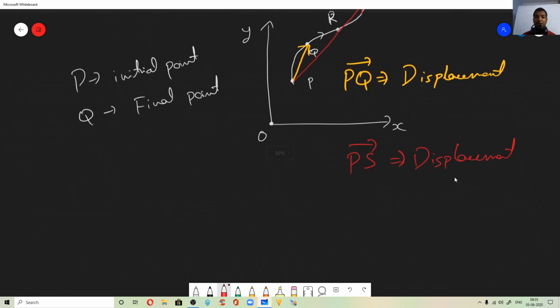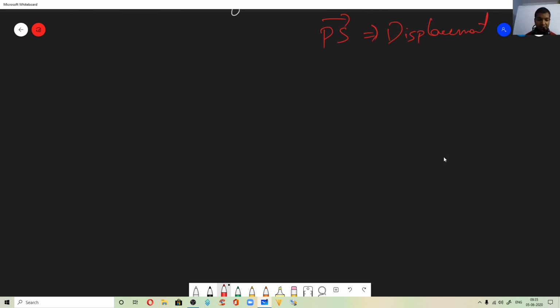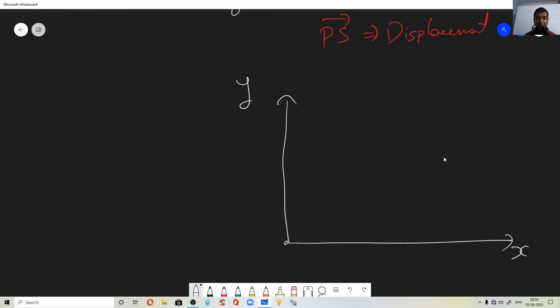All right, fine. Now let us try to write the position vector and the displacement vector, both of them. Again, let us take the same example. So this is the xy plane. Please draw it in your notes, it will be easy. Again, let us take the same path covered by your toy car. Now say at t is equal to 0 seconds, the toy car is at position P.